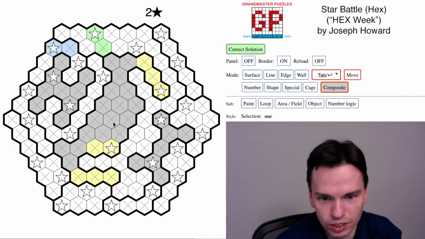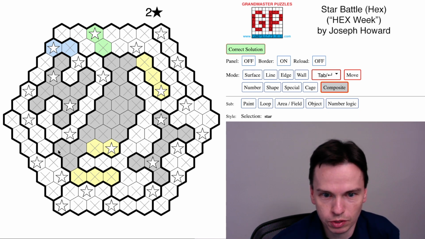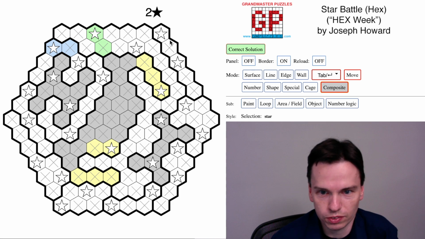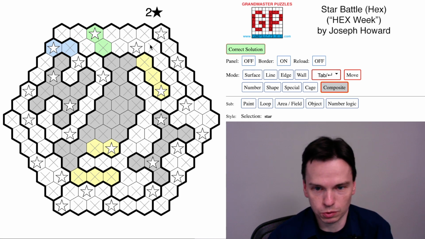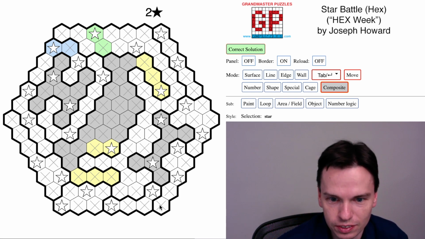So hopefully you've got a sense for this video of the different ways to look at the grid, both about sets of regions together, things like the top 2 rows, these left rows on the diagonal, sort of where you get leftover stars, or force constraints of 2 stars in these big spaces. These kind of big ways regions work together are always key in star battle, but they work particularly well in this hexagonal example. But by the time we were in the mid-game, I was really looking along these other sweeping diagonals